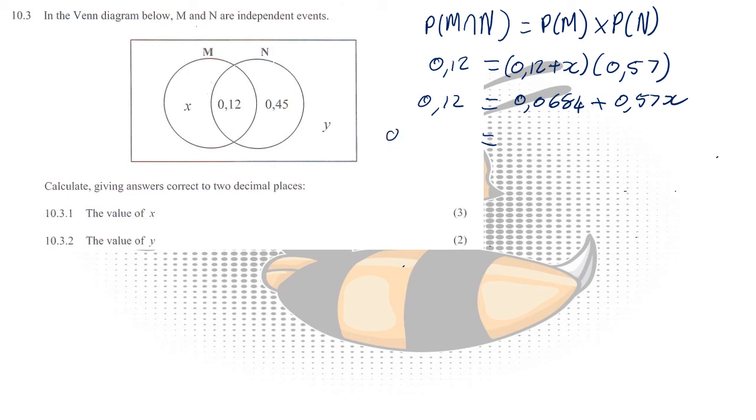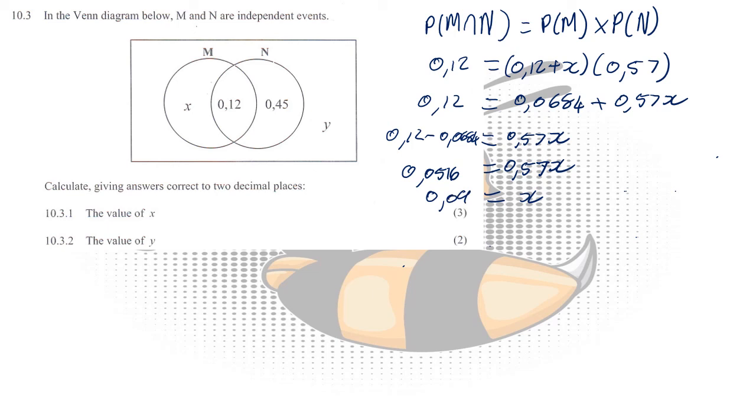So then I have 0.12 minus 0.0684 equals to 0.57x, which gives me 0.0516 equals to 0.57x. Divide on both sides with the 0.57, and we get that x equals to